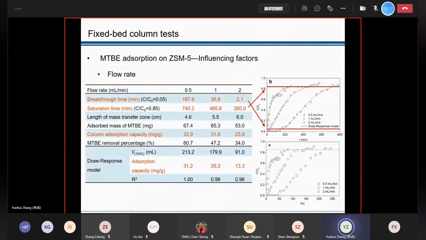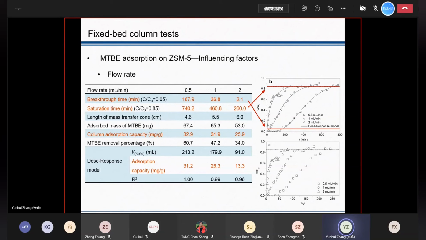And then we discussed some influencing factors such as the flow rate, the bed length, the ZSM5 dosage, and influent MTBE concentration. We can see from the table that the column adsorption capacity was found much lower than the maximum adsorption capacity from the adsorption isotherm modeling, as